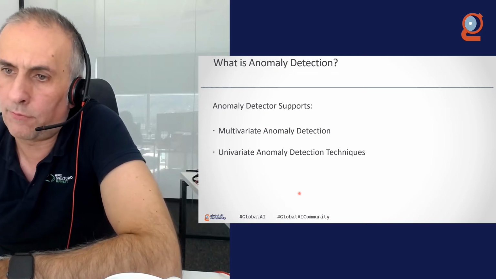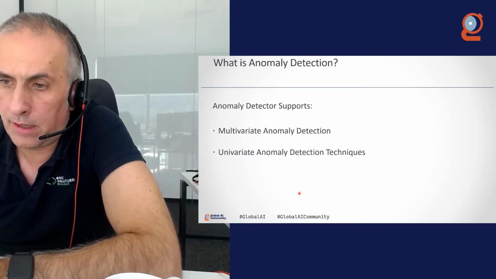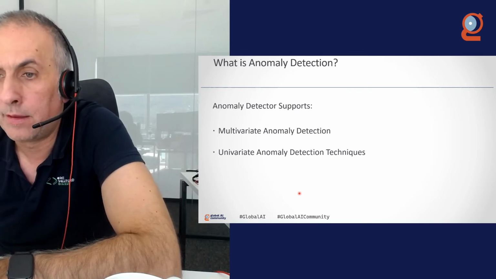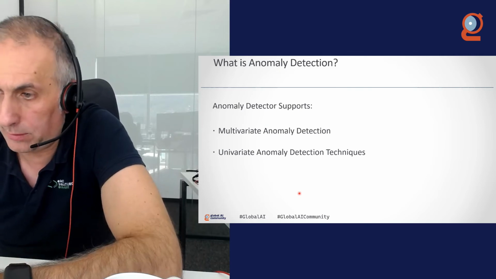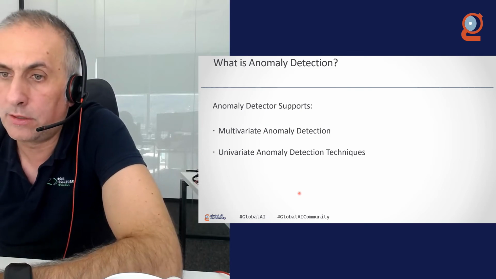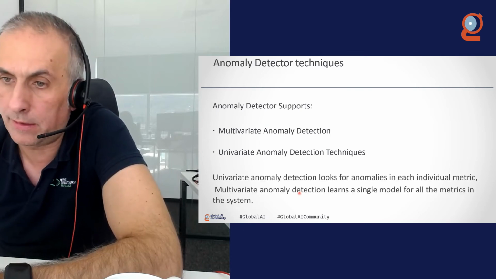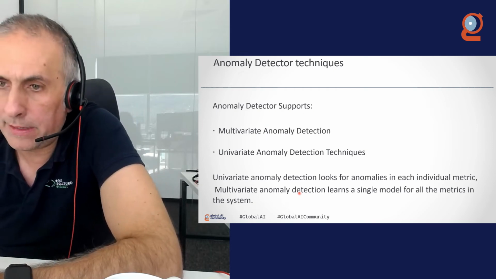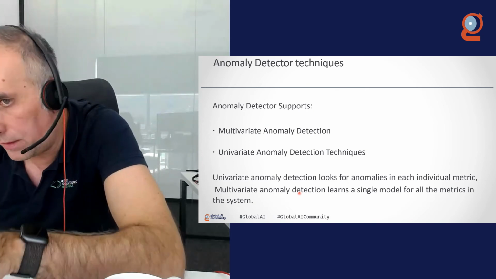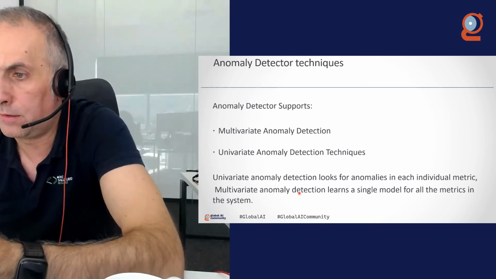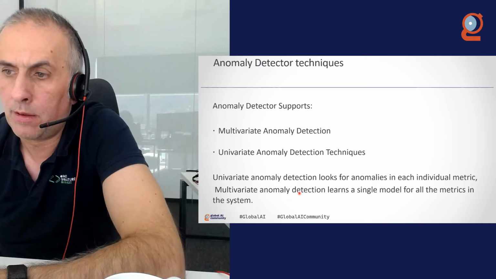There are two groups of algorithms, multivariate and univariate. Univariate considers only one time series. Multivariate considers many series and more complex models. In this presentation, I will just provide some examples with univariate detection techniques because the model is simpler for demonstration. Multivariate, on the other hand, offers the full tool set to have complex solutions and to detect anomalies from much more